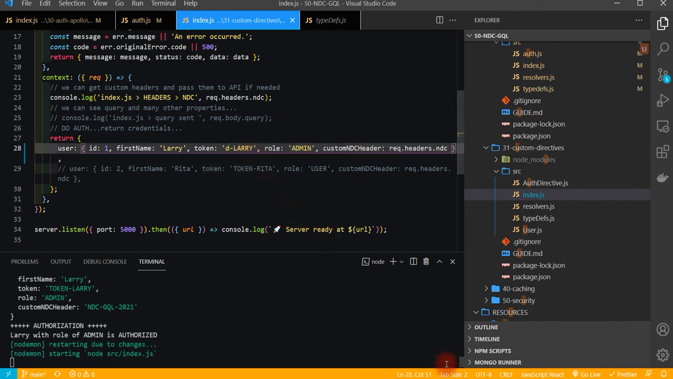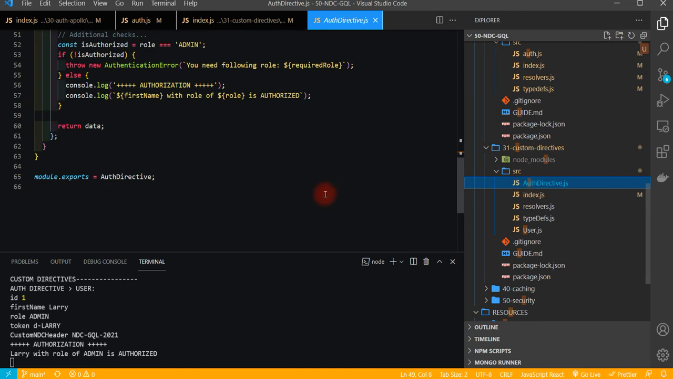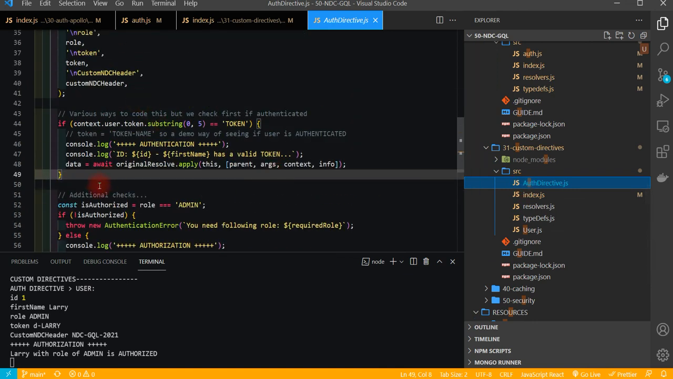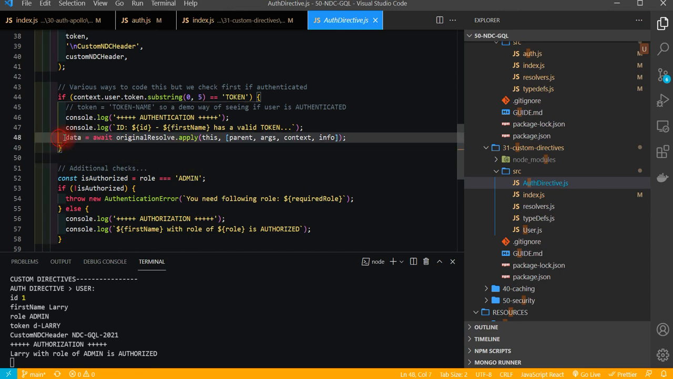If we come back here and take out the token, change that, come back in here, refresh, view user null, nothing comes back in there. And why does that happen? Because if we go to auth directive, if we don't have a token, we're basically applying this function here, await. So what we should really do is if we take this out here,